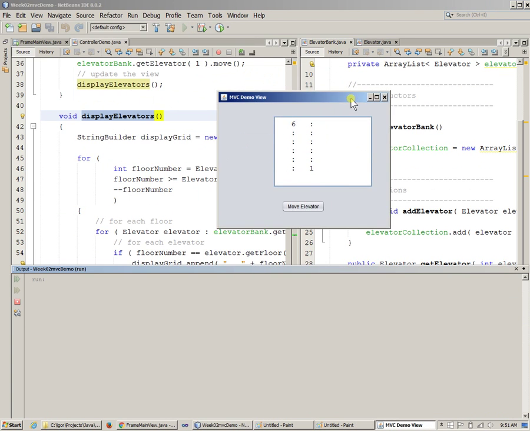So this is the initial situation. The first elevator in the first shaft is placed at the top, and then the second is placed at the bottom, because that's what we chose in that use case. Okay, so that demonstrates that yes, we can display